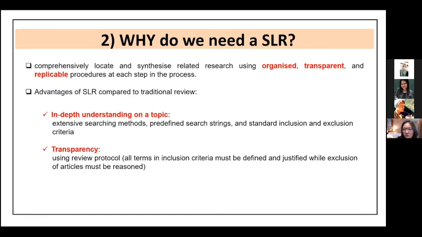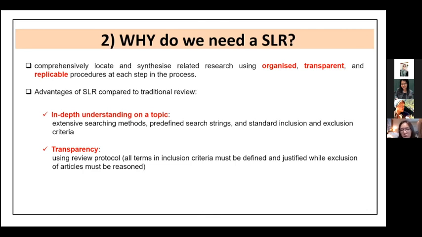Okay, and also for the next one, transparent, meaning that you need to measure those articles that you include in your review. You need to somehow minimize the bias when you include those articles in the review process. And the last one here, replicable, meaning that